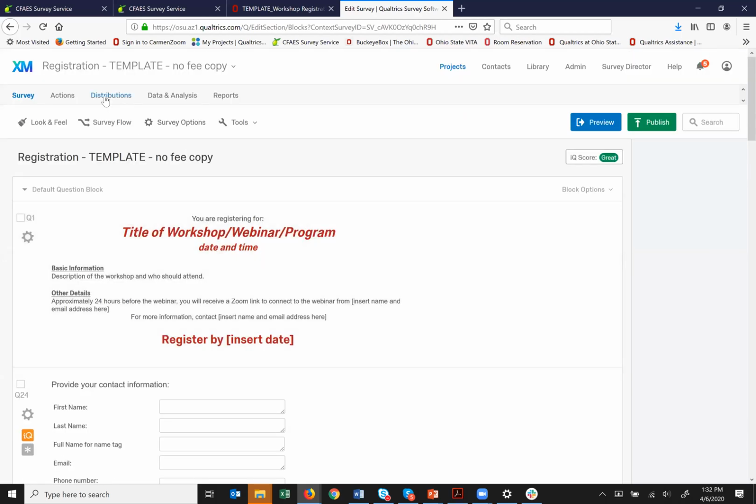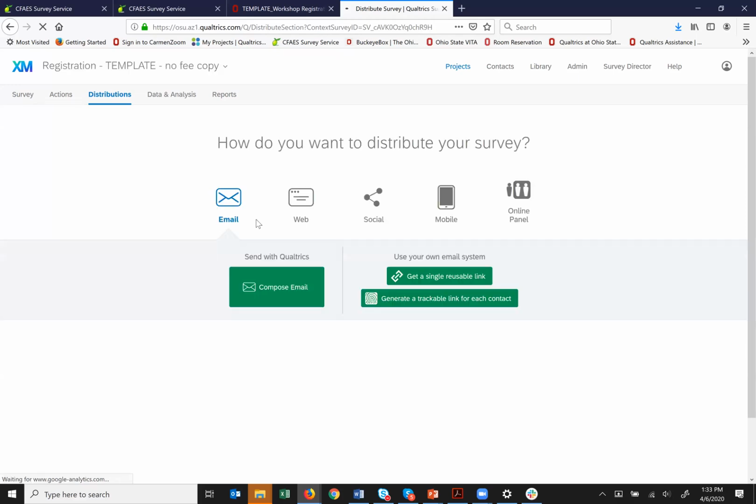Okay, and then if I want to distribute this, I come up here on the distributions tab, and again, if you have a student trial account, you won't have this distributions tab. But if I click on distributions, it's going to enable me to distribute it in several different ways as soon as it catches up. So I can distribute